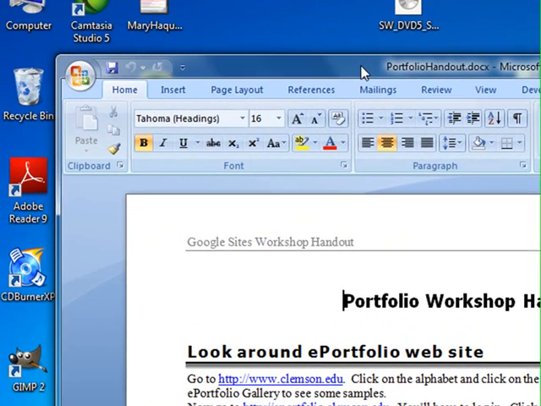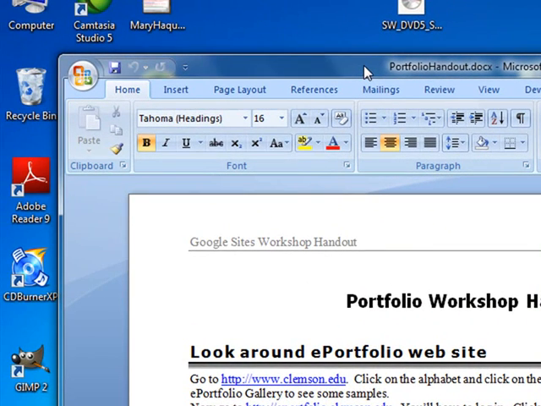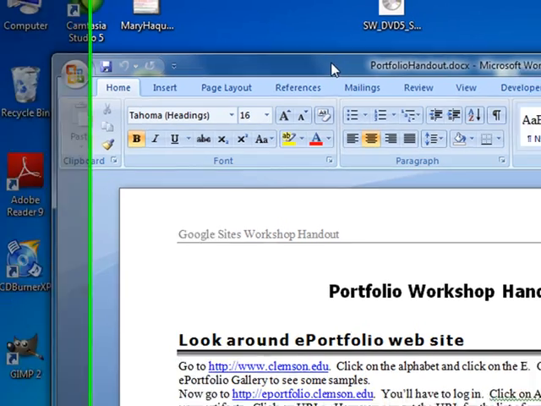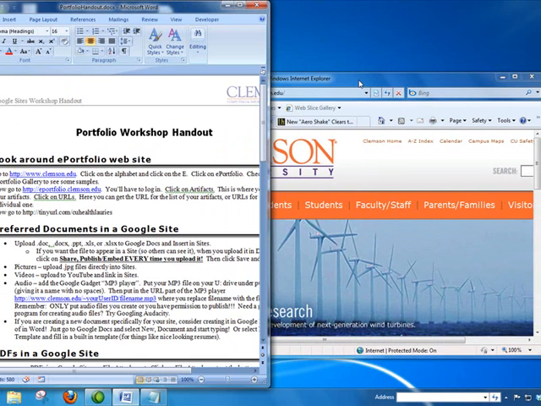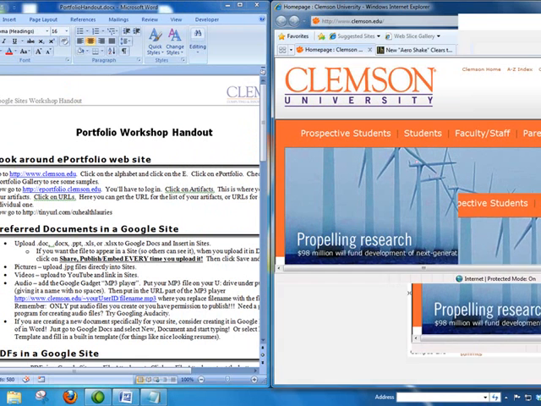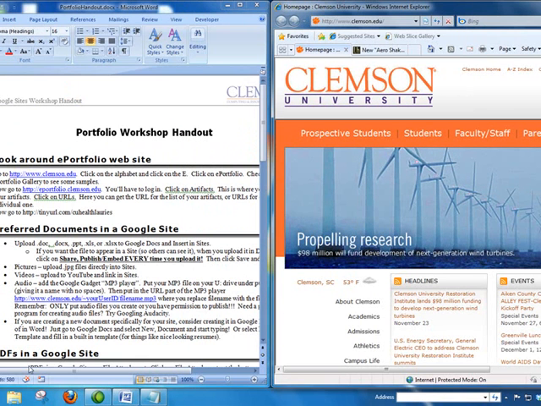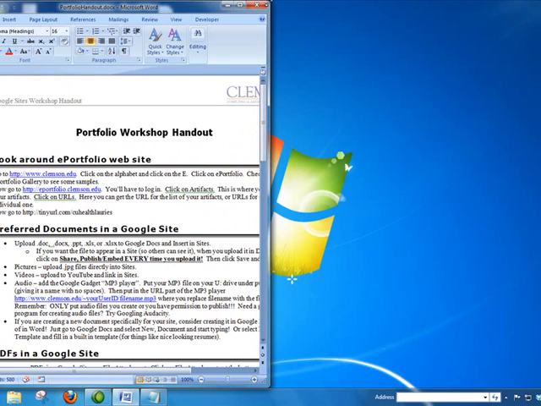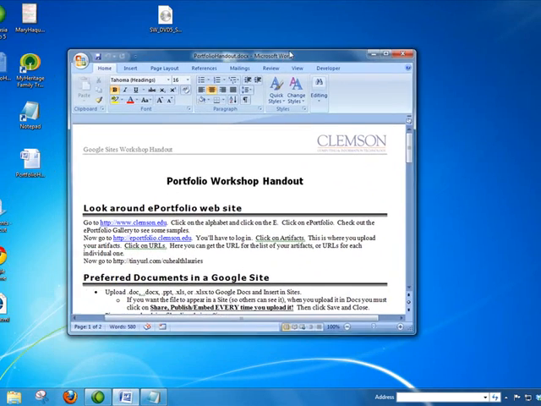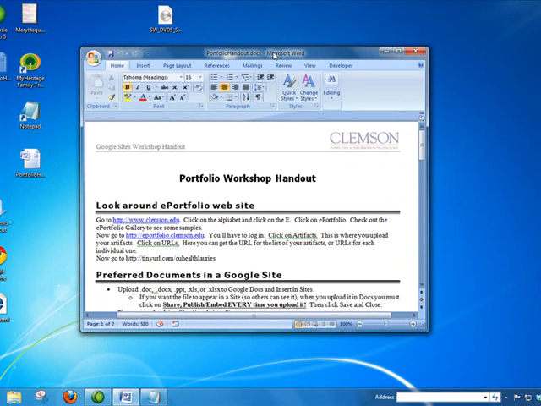by side. So in Windows 7, what you can do is point to the title bar of one of your windows and drag it to the left side of your screen, and the other window and drag it to the right side of the screen, and then you get a very nice effect that allows you to see both of the documents at the same time. Alright, another option you have is if you've got a window that's not maximized and you'd like to maximize it